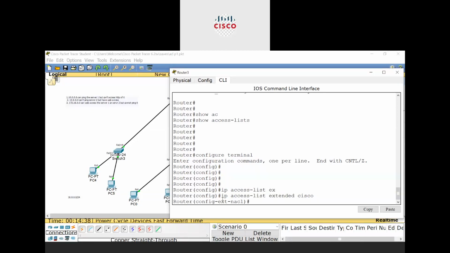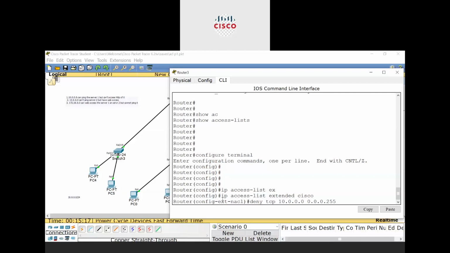So I will write the command permit or deny. The first rule is for deny. I want to deny HTTP. HTTP is a part of the TCP protocol suite, so I will deny TCP from 10.0.0.0 and 0.0.0.255. This is going to be the wildcard mask for that source. And now the destination is server 1.